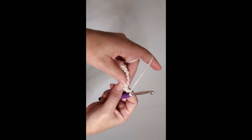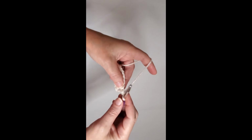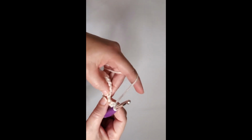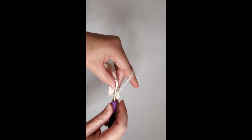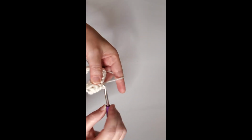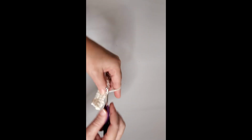Now on this row, we're going to start creating the eyelet for the hole in the squares where you're going to thread the yarn through, so you'll have something to hang it with. So in the first 2 stitches, we're going to single crochet. In the 3rd stitch, slip stitch, and in the 4th stitch, slip stitch, and then continue with your single crochet. 1, 2,